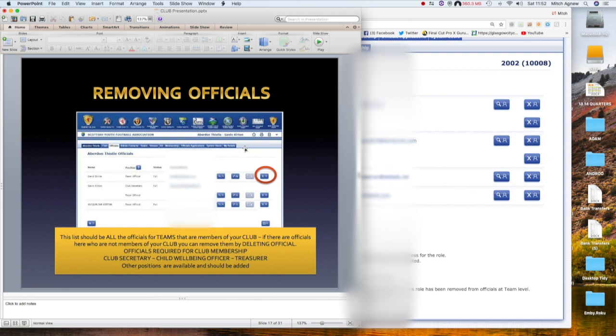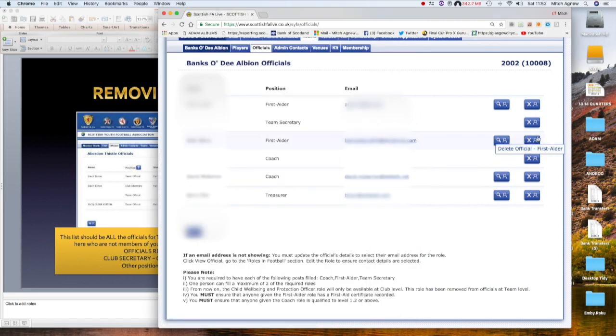It's also important that when you go in, if you're removing officials, you just click the box at the side. You can delete an official or a coach or anything at the side, and by deleting you confirm it. You then would have to add new people to make sure that you have a team secretary, your first aider, and a coach. If you have people who don't yet have the full coaching qualifications but are part of your club, your team, then add them